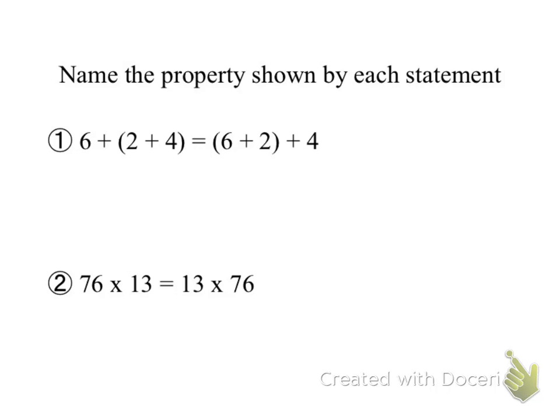So we're going to try to name the property. If I look at the first one, 6 plus (2 plus 4), the parentheses are around the 2 and the 4, and on the right-hand side I have (6 plus 2) plus 4 in the same order. This would be a perfect example, but I can see that they changed the grouping. Associative,